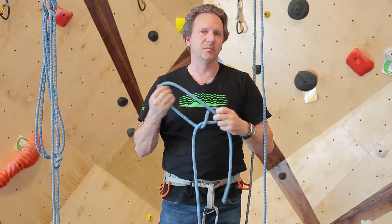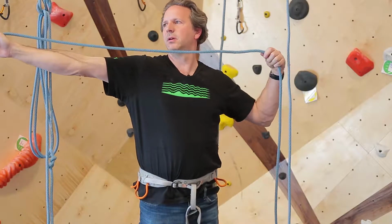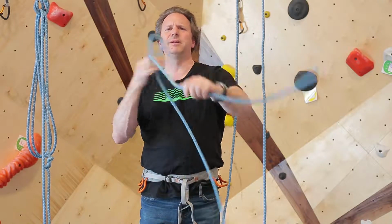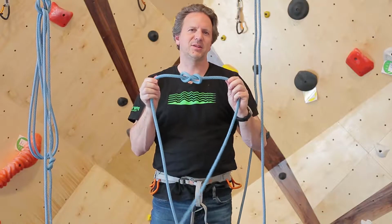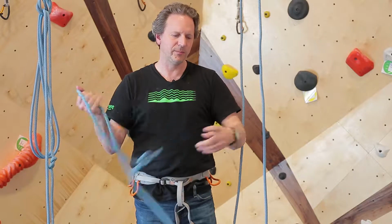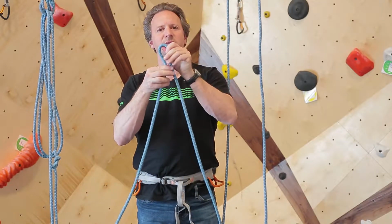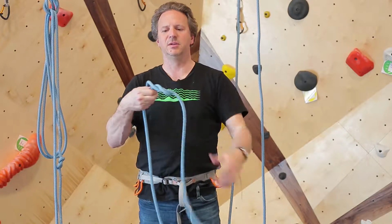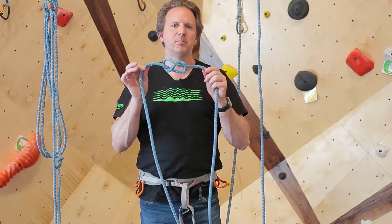Now there's two other ways that people like to do this first part of the knot. They say, measure it out, drop the end. This is the head of an alien. You're going to strangle the alien around the neck and give him a punch in the nose. That's a lot of fun for teenage boys. They always like something silly and violent. There's one other that I like to use during the winter time. You say that the loop you've made is the head of a snowman. You put a scarf around his neck, and you put a carrot in his nose. These are just three different ways of doing the same thing, getting people to tie that first portion of the